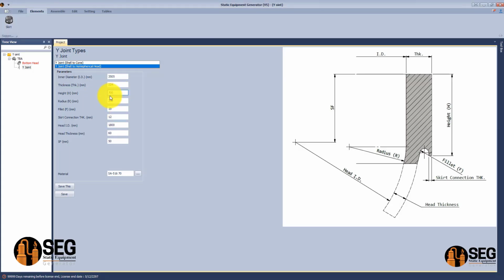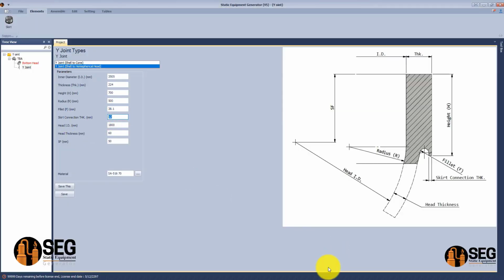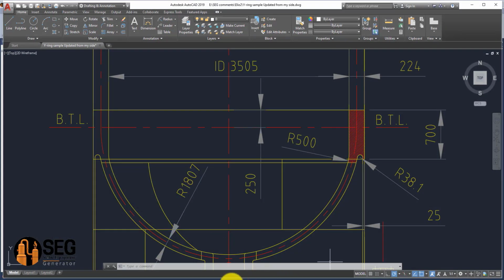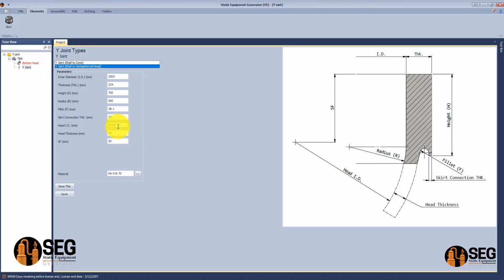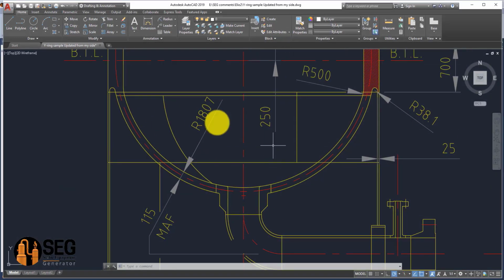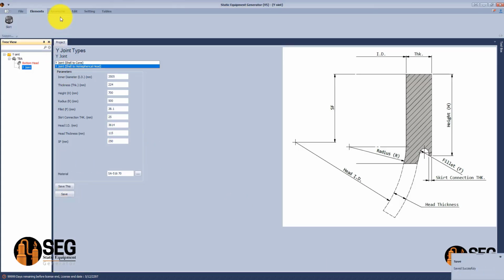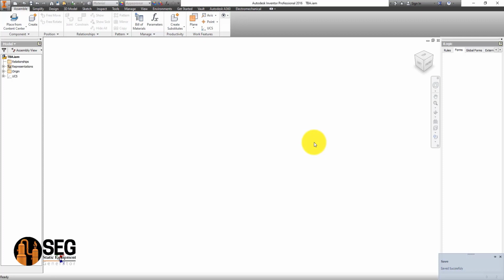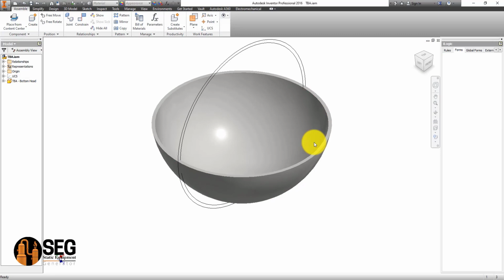The height, the side diameter, thickness, the fillet and the radius, all dimensions of this Y joint connection, the head and side diameter. So let's calculate it because we have the radius, the head thickness, and the straight flange, which is the value of the negative straight flange of this head. Now let's run the assembly, and as you can see, during the generation of the 3D model, the head is not